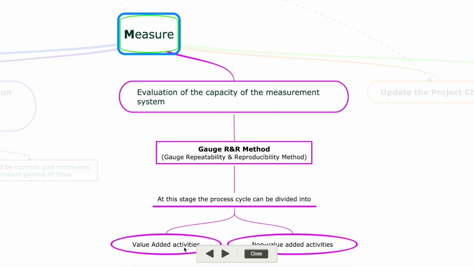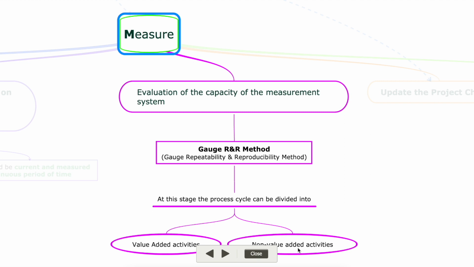One is value added activities and the other is non-value added activities. Means the process consists of certain types of activities, right? In order to complete a process, we have to perform several different activities. So once we are listing down those activities to perform measurements, we can divide them into two categories,